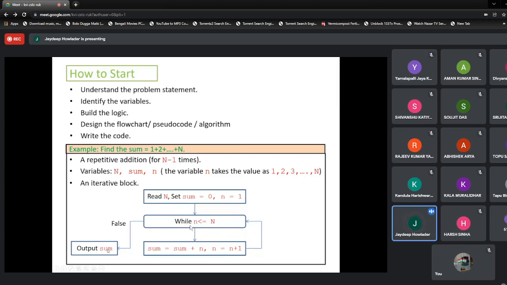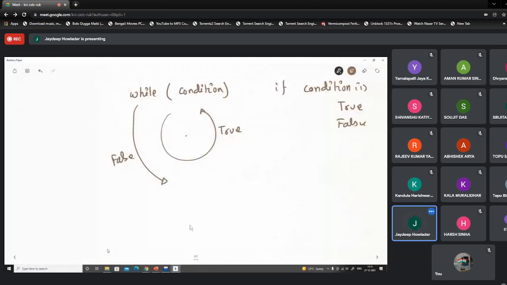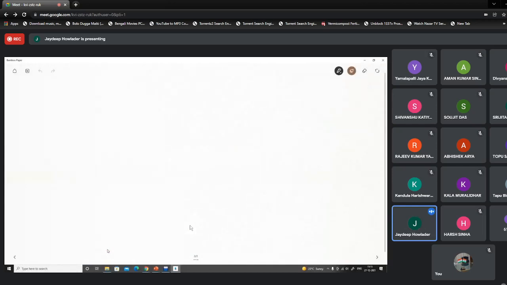Okay. So now we can say that within the while we have small n less than or equal to capital N, then sum equals sum plus small n, and n equals n plus 1.